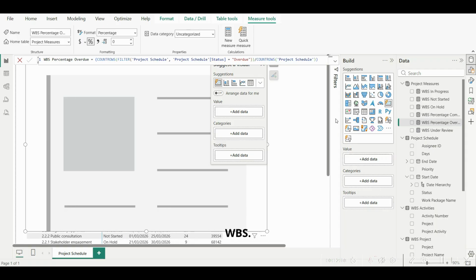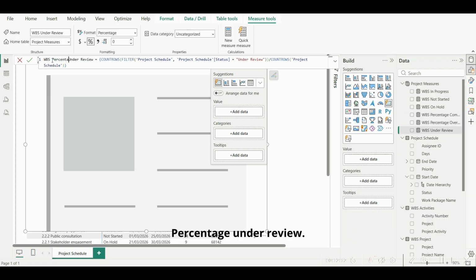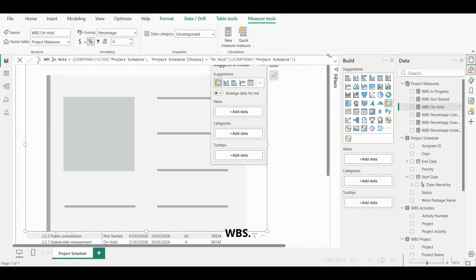Percentage overdue, WBS percentage under review, WBS percentage on hold,